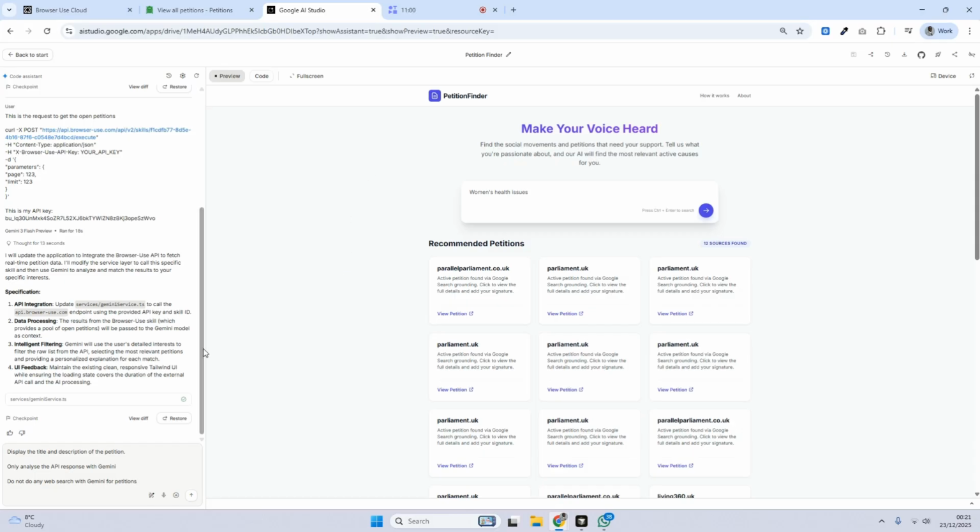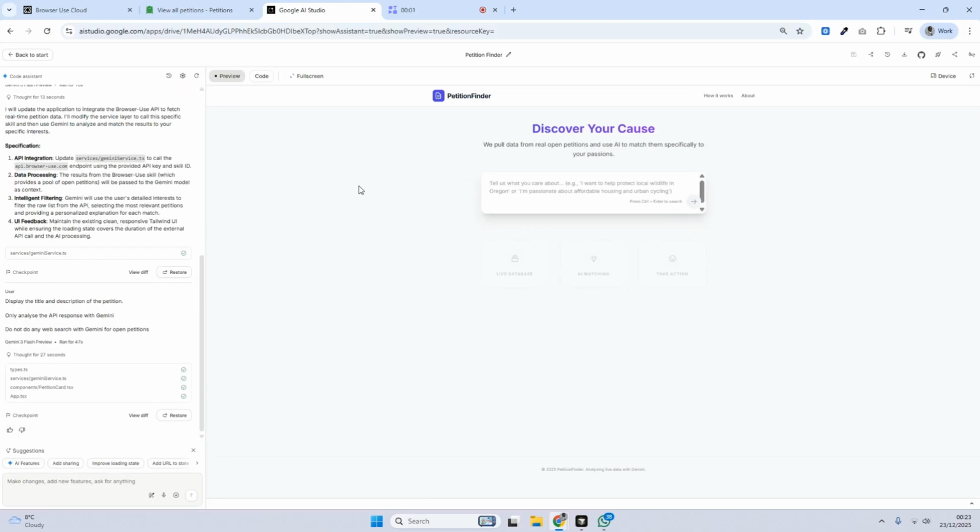We're going to try this to fix it. We're going to tell Gemini to analyze the API response, and we're going to say do not do any web search with Gemini for open petitions. That seems to have fixed our issue. So now if we type women's health issues,